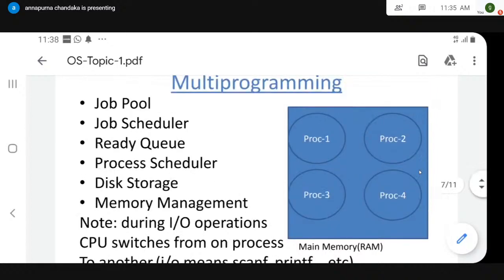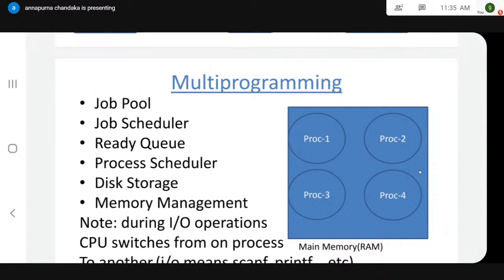But your main memory does not have the capability of holding all the jobs. Main memory has only some space. Then what are you going to do? You select some of the jobs from the secondary storage device and copy them into main memory. Who does that? That is done by the job scheduler. A job scheduler is a small program which is responsible for selecting some of the jobs from the secondary storage device and copying those programs into main memory.